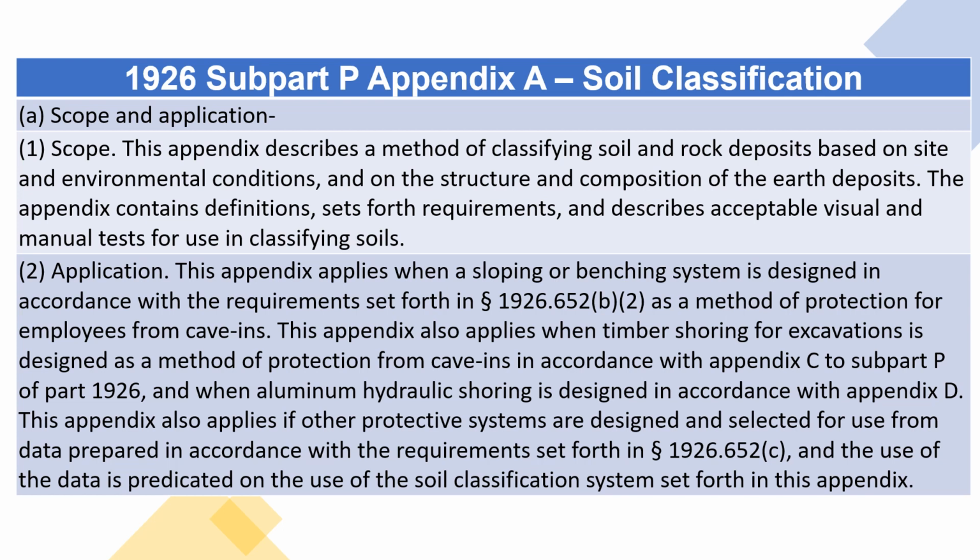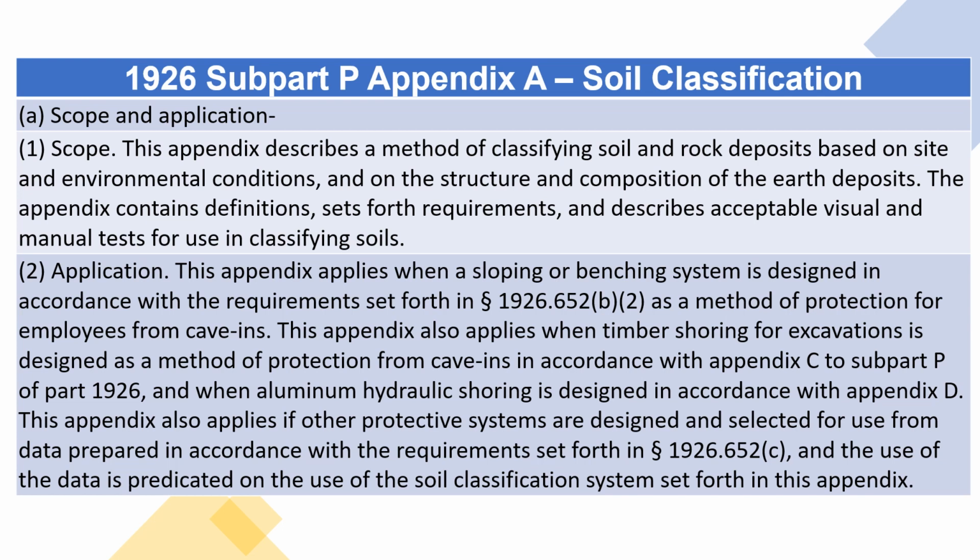This appendix also applies when timber shoring for excavations is designed as a method of protection from cave-ins in accordance with Appendix C to Subpart P of Part 1926, and when aluminum hydraulic shoring is designed in accordance with Appendix D. This appendix also applies if other protective systems are designed and selected for use from data prepared in accordance with the requirements set forth in Section 1926.652(c), and the use of the data is predicated on the use of the soil classification system set forth in